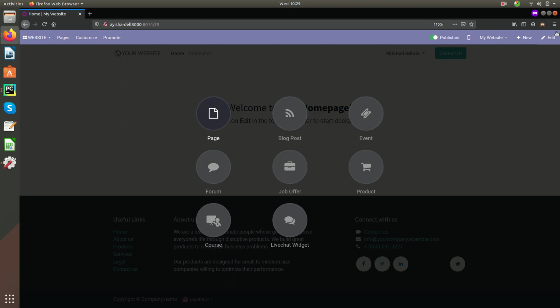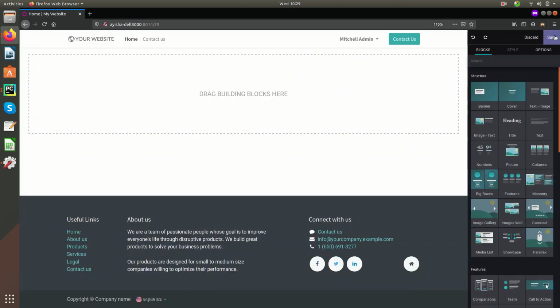Here we can see the edit button. We can configure and edit our website pages by using the options from here. Here we can see the headings, blogs, style and options. By using this, we can create the content of our website. Styling options are available for each object and also for the entire page. The style options are shown depending upon the object selected.